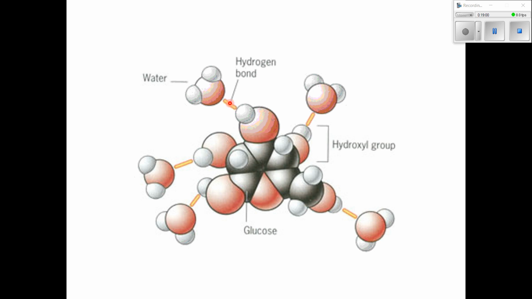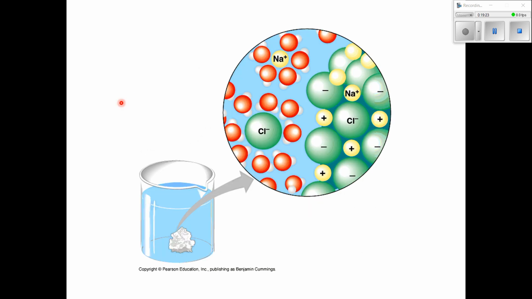other sugar molecules. And that's why if you put a little bit of sugar in your tea or in a glass of water and stir it up, it seems like the sugar disappears. It's because the water molecules are pulling the sugar molecules apart due to this hydrogen bonding, or this pulling effect that the water has on the sugar. Here's an even better